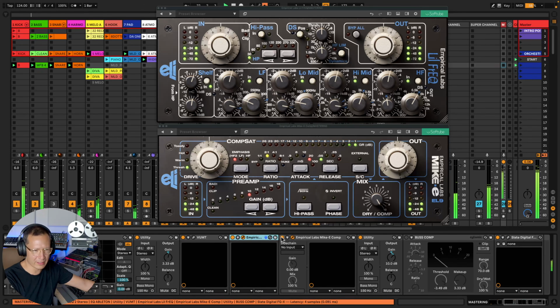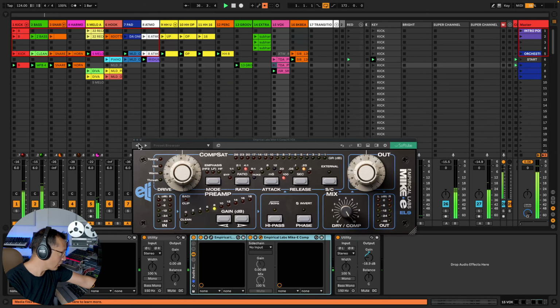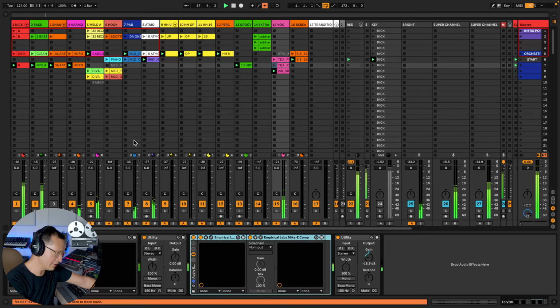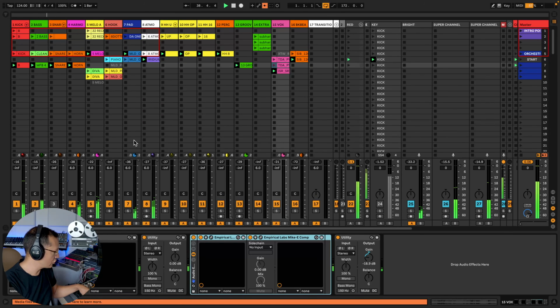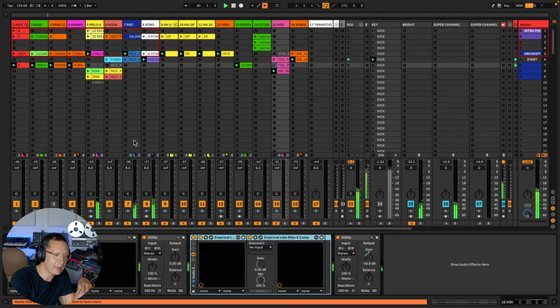I love what that's doing to the overall vibe on the master bus, both the EQ and the compressor. I mean, of course, they're amazing also on individual tracks. So great, amazing plugins, really into these. But now I'm going to actually show you something that I have been using like this since, I think it's